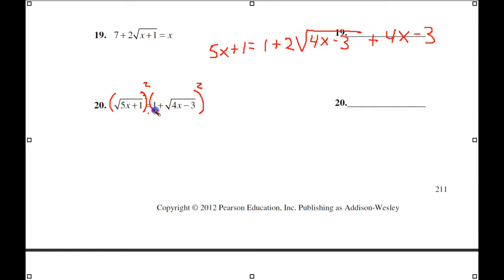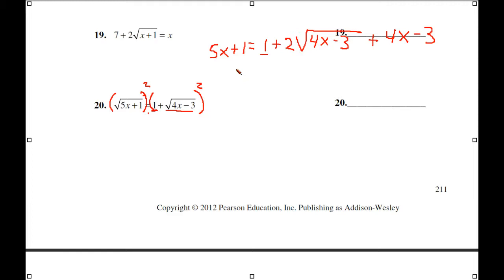Square that first term. That gives us a 1. Multiply these two terms together, and now double it, times it by 2. So 1 times 2 is 2, that's our middle term. And then we square this term here, which just becomes the radicand. Now we have to group like terms